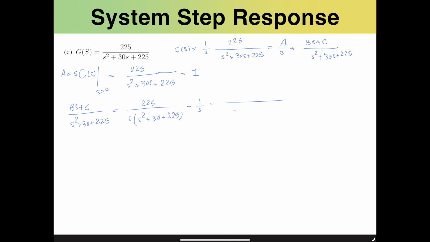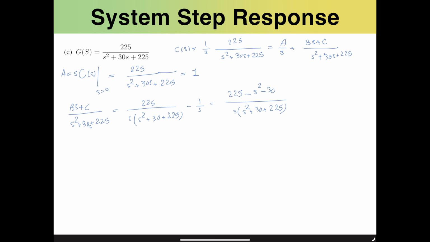If I simplify that a little bit, I have the common denominator, so if I divide that by the first one, I get 1, multiply by 225, I get this, minus this divided by s, I'm left with only this term, so minus s squared minus 30s